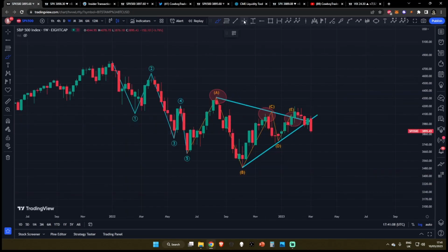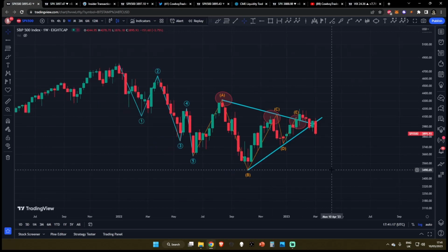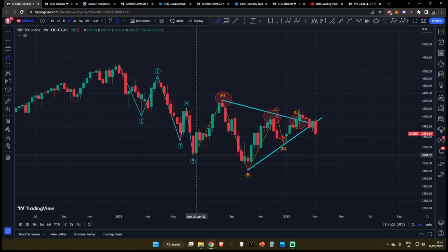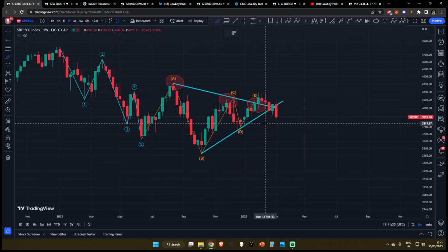So diving into our first chart, we discussed this on the channel. This is a 5-wave asymmetrical triangle pattern, which is typically a continuation pattern depending on what side you break into it. Now, as you can see, we had a bearish 5-wave count into a 5-wave asymmetrical triangle. We had a throw over. We warned you on the channel that this was a fake out and we were going to continue breaking back